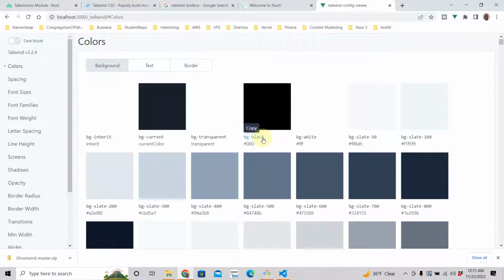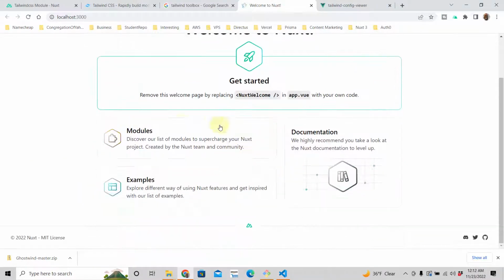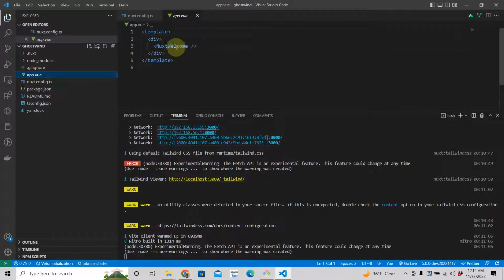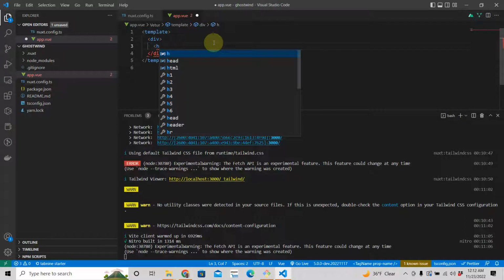So let's go out and just try that. So when we look at our app here, this is our app. Welcome to Nuxt. It says remove this welcome page by replacing Nuxt welcome in app.vue with your own code. So this is where we start, app.vue. So you go to your app, you find this app.vue. So this component is what they're talking about. So if we were to change this and we just said something like, H1